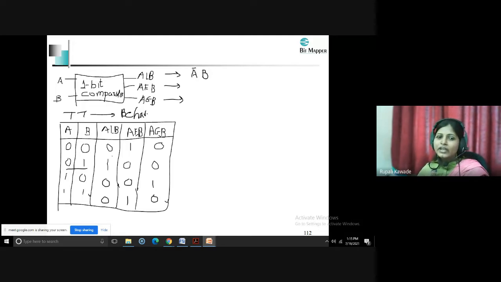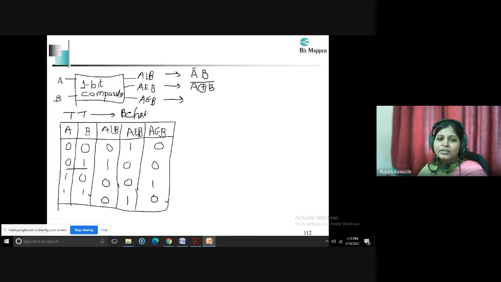Fine. For A equal to B, how many times is 1 there? 2 times 1 is there, right? So in this case, if you check the truth table of this gate, then it is your XNOR, right? So you can write this as A XNOR B. This is actually your XOR, and the complement will be the XNOR.